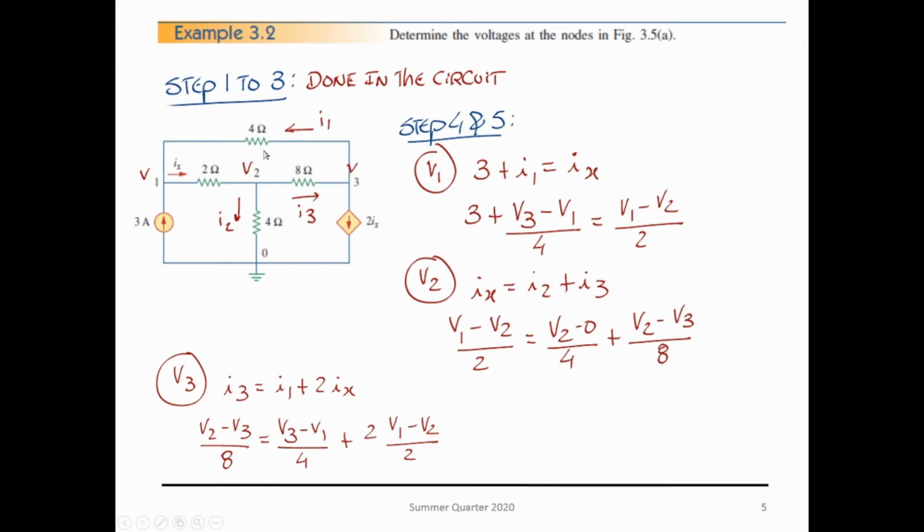For V1, I have I1 and 3 amps entering the node, IX leaving the node. For V2, I have IX entering and I2 and I3 leaving. And for V3, I have I3 entering and I1 and 2 times IX leaving. Apply Ohm's law respectively and